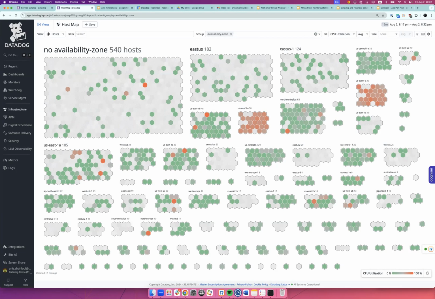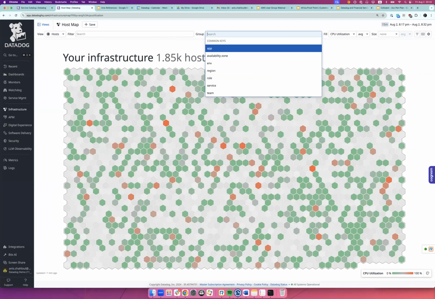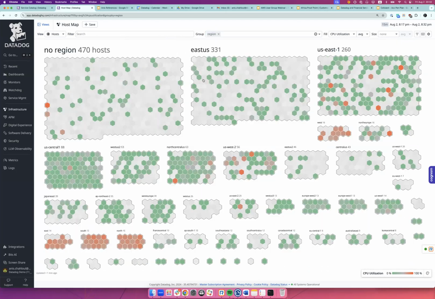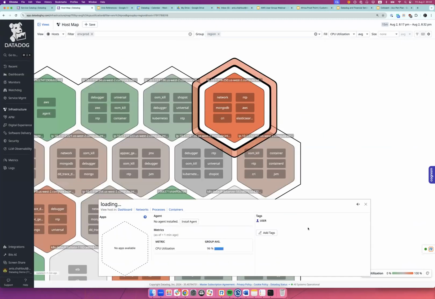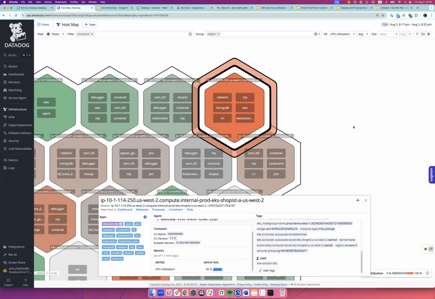The unified platform will help here. For example, as I'm showing the infrastructure, I can say, okay, I want to see all my infrastructure according to the region. I want to focus on my production environment. I want to see how my US West hosts are performing. I can see the tags, I can see the applications very fast, without the need to go from one tool to the other to understand what's happening. So that's how I would answer your question.